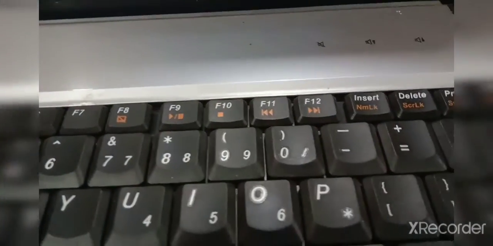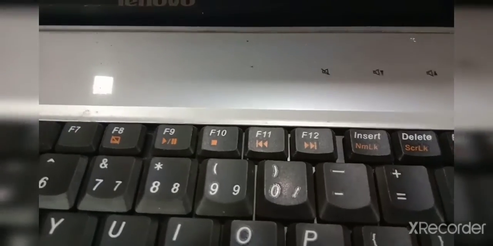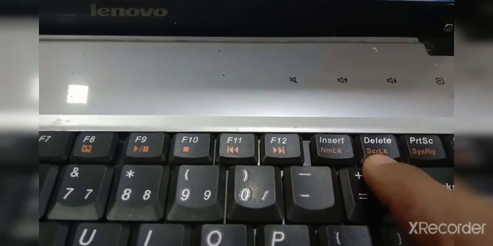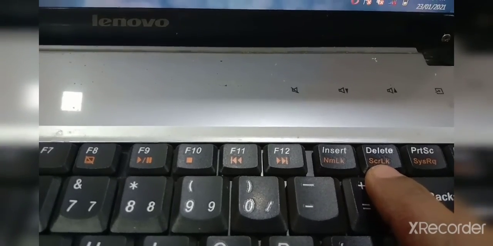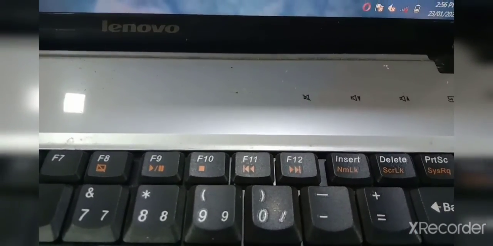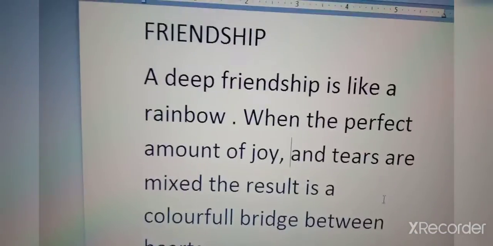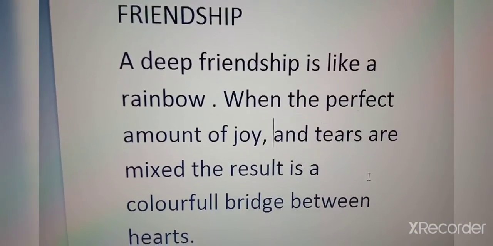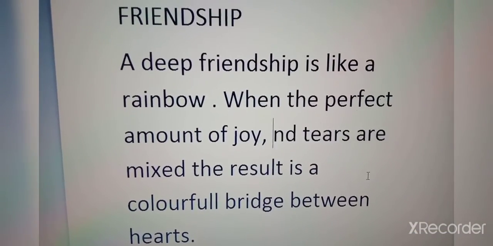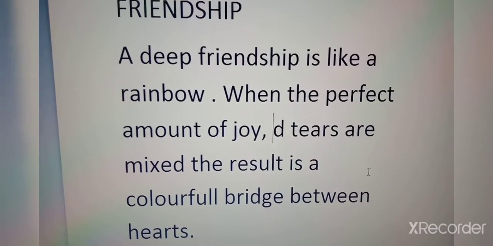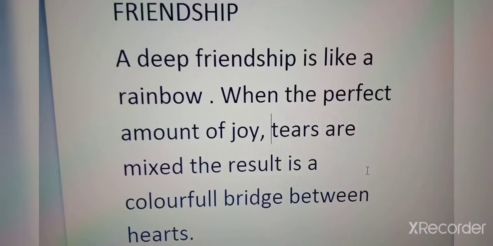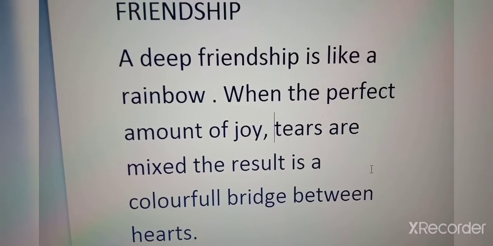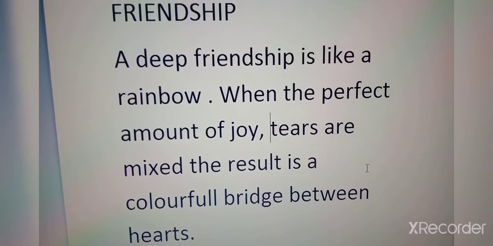Delete key. Can you see this delete key? On your keyboard there is a delete key. Press that delete key and see what will happen. See, I am pressing the delete key. Now you can delete the words on the right of your cursor. I will delete more words.